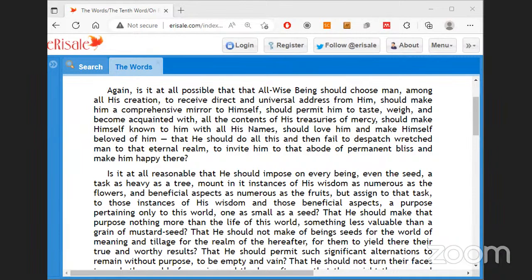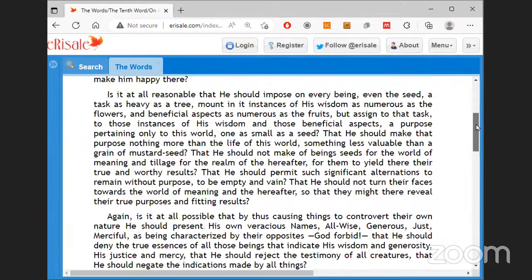Is it at all reasonable that he should impose on every being, even the seed, a task as heavy as a tree, mount in its instances of his wisdom as numerous as the flowers, and beneficial aspects as numerous as the fruits, but assign to that task a purpose pertaining only to this world, one as small as a seed, that he should make that purpose nothing more than the life of this world, something less valuable than a grain of mustard seed, that he should not make of beings seeds for the world of meaning and tillage for the realm of the hereafter, for them to yield